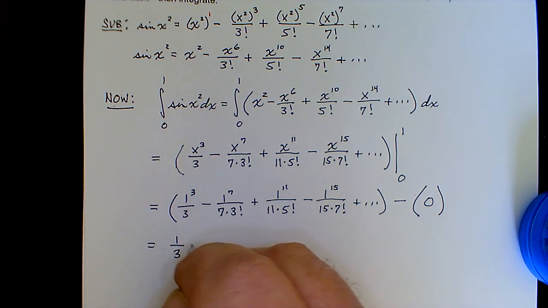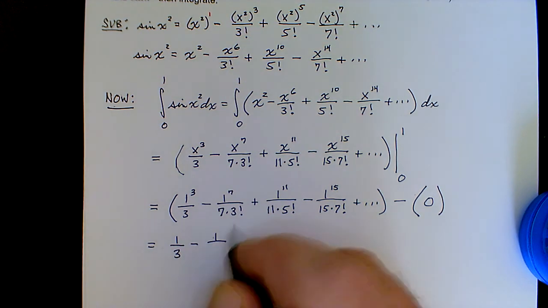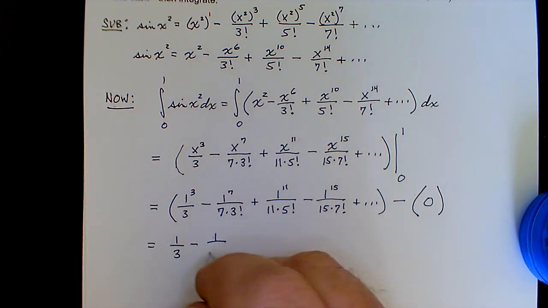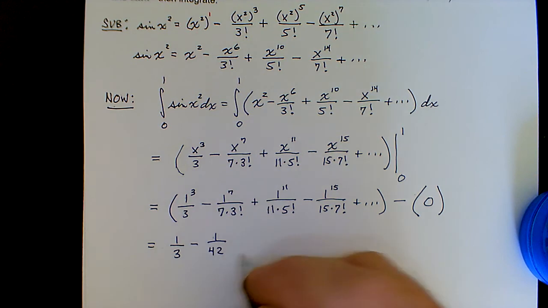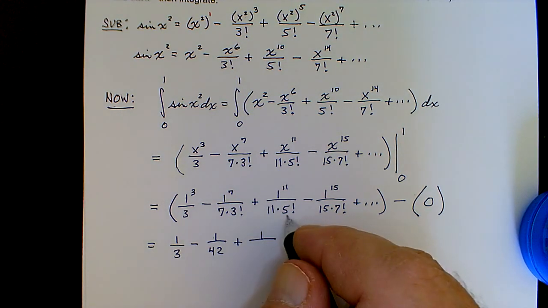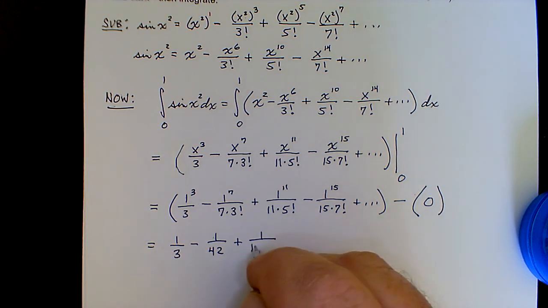Let me express this as 1/3 minus 1 over, maybe you want to actually evaluate 7 times 3 factorial, which is 7 times 6, so 42, and then plus 1 over 11 times 5 factorial, which is 120 times 11, 1320,